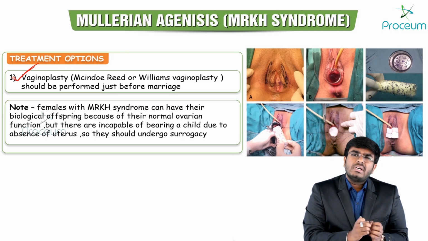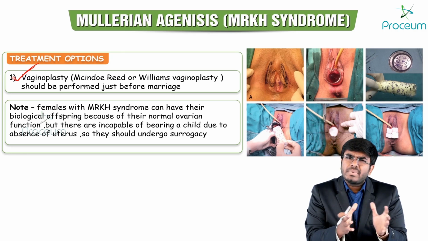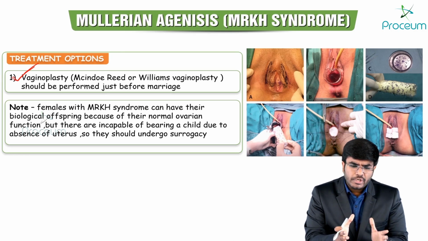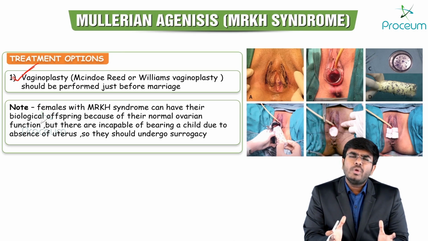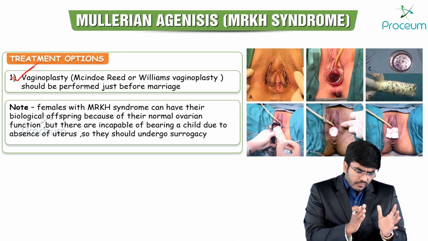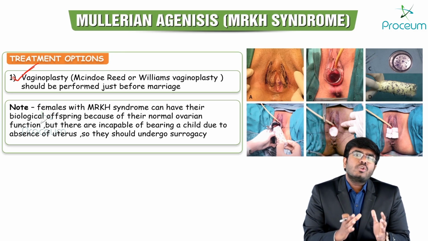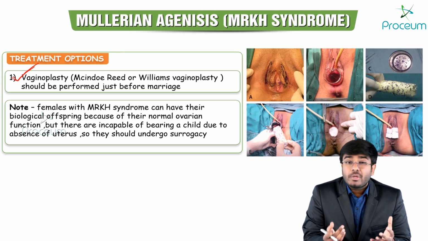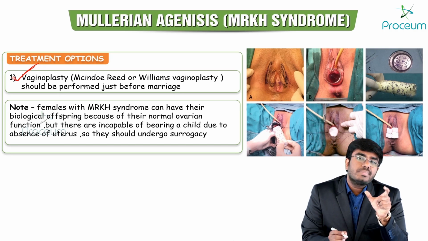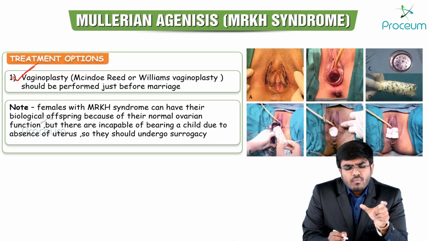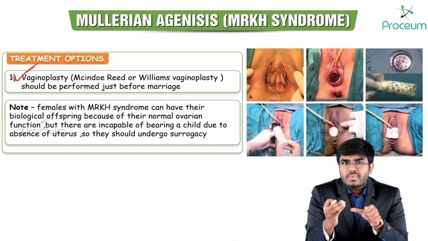Now, what about her uterus, fallopian tubes, cervix? Can we do a replacement of these organs, or a transplantation of the uterus? Is it possible? No, we are not going to do that. For her to become a mother, there is no need of a uterus because she has intact ovaries. Ovaries are absolutely normal. If her ovaries are normal, she is going to make the ova, and we can